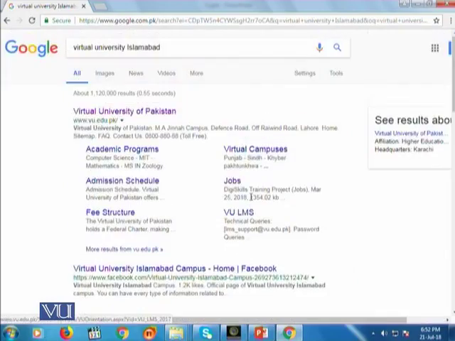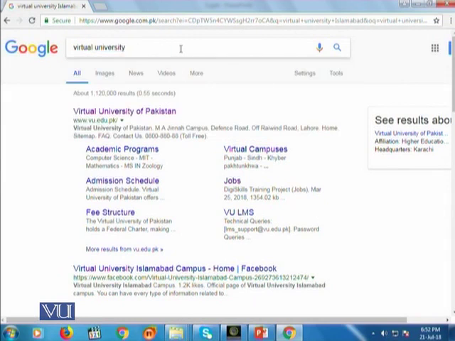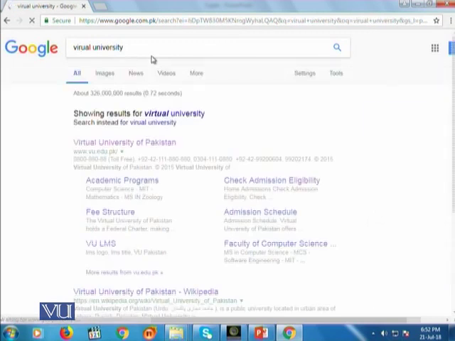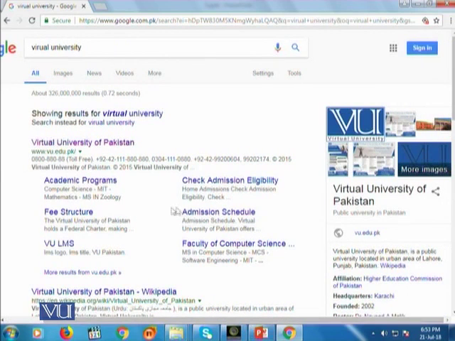Another important thing is that you should not be worried about spellings. So for example, I have searched Virtual University, and let's change the spelling of virtual by omitting T. Even then, Google can recognize that you might be interested to identify Virtual University of Pakistan, and it has identified the right thing which was in your mind, but by mistake you have made a small spelling mistake.